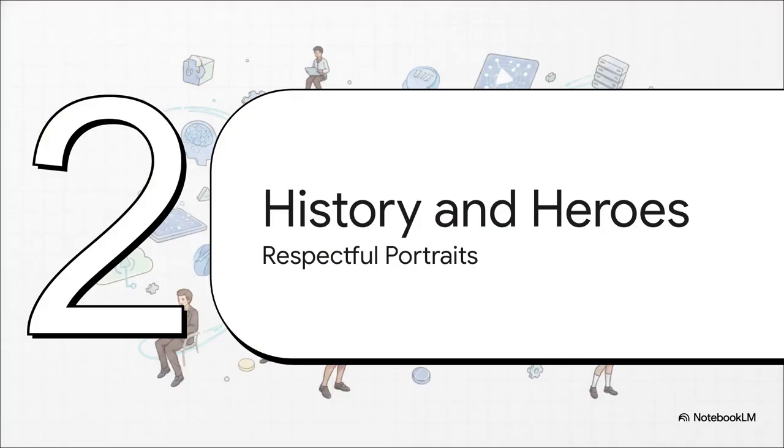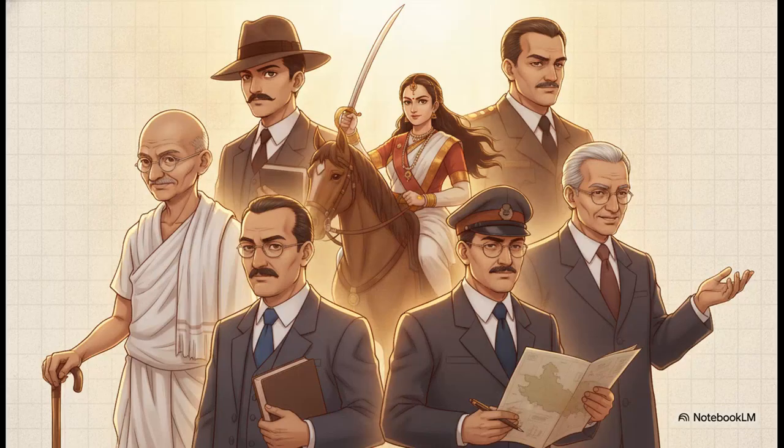Section 2. Honoring history and heroes. Next, the prompt demands respectful cinematic portraits of 7 highly specific historical icons. And the really fascinating part here is the deliberate curation. From Mahatma Gandhi to APJ Abdul Kalam, the prompt is spanning entirely different eras, ideologies, and foundational contributions to the Indian state. We're going from the early freedom struggle to the drafting of the Constitution, all the way up to modern space and defense programming. The AI is literally being tasked with rendering true historical reverence.